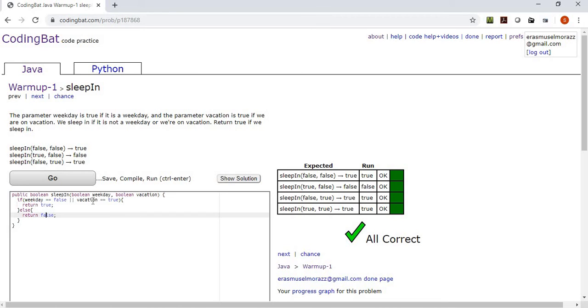Now there's a lot of different ways to do these, and this is actually not the most efficient way to do this, and I can show you a better way to do this, and we can do that without the if else statement. What we can do is we can return